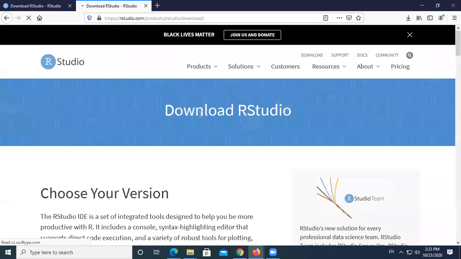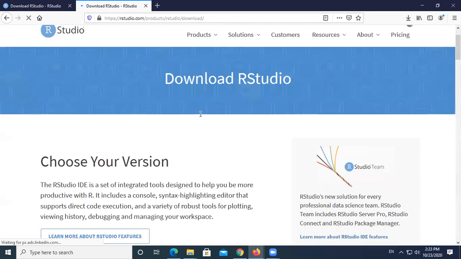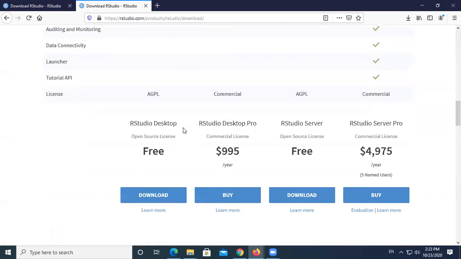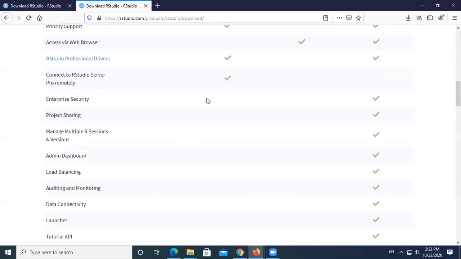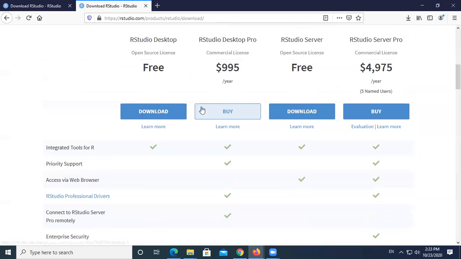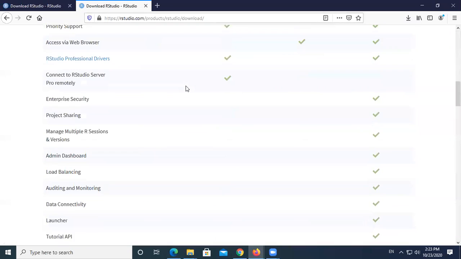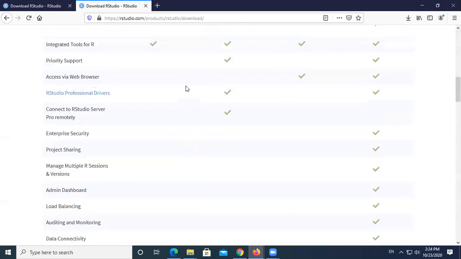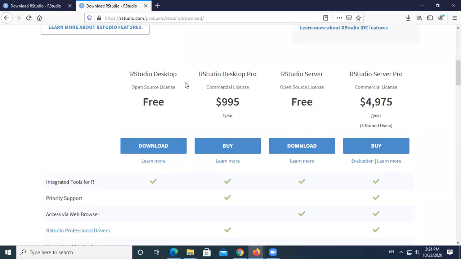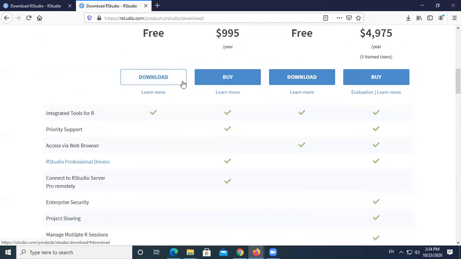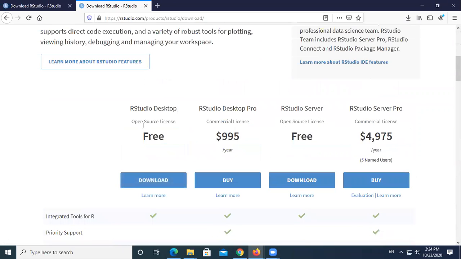R Studio comes with different licensing options. There is a free option available. Also, they have certain licensing costs available. So just explore it if you want to try the paid version. But I feel for learning purposes, we can go ahead and have the free version of R Studio Desktop. So we'll click on this R Studio Desktop,